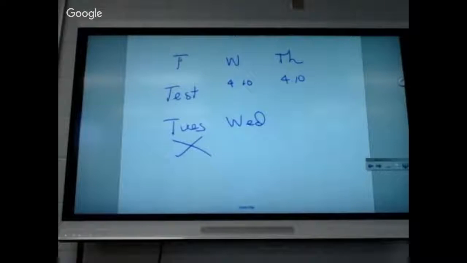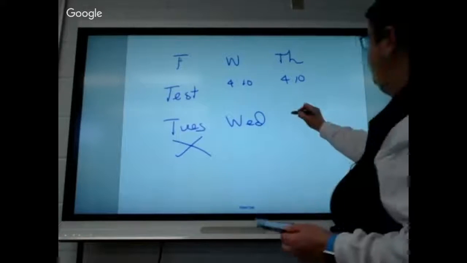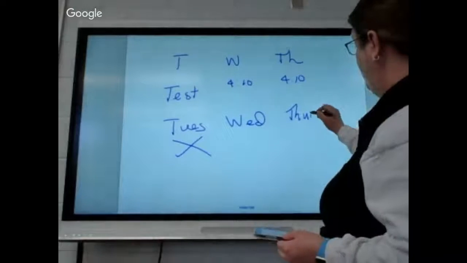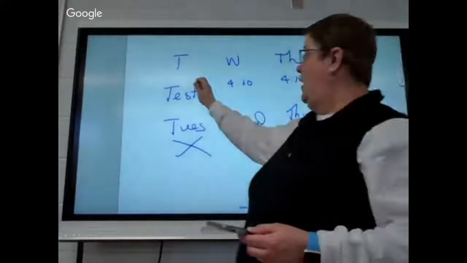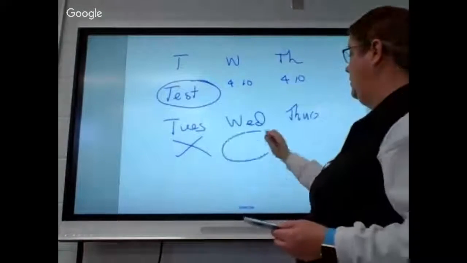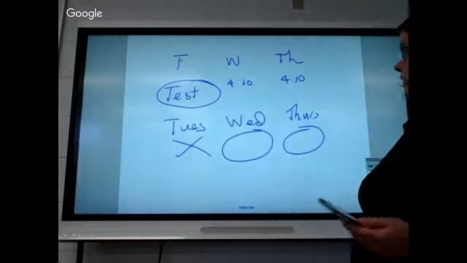All right, that was... Tuesday's good. Wednesday and Thursday are bad. Tuesday, the kids have a dentist appointment. Wednesday and Thursday are still okay. All right. So these two are okay. So I can do the test here and I can do here, but these are the next 2 weeks for